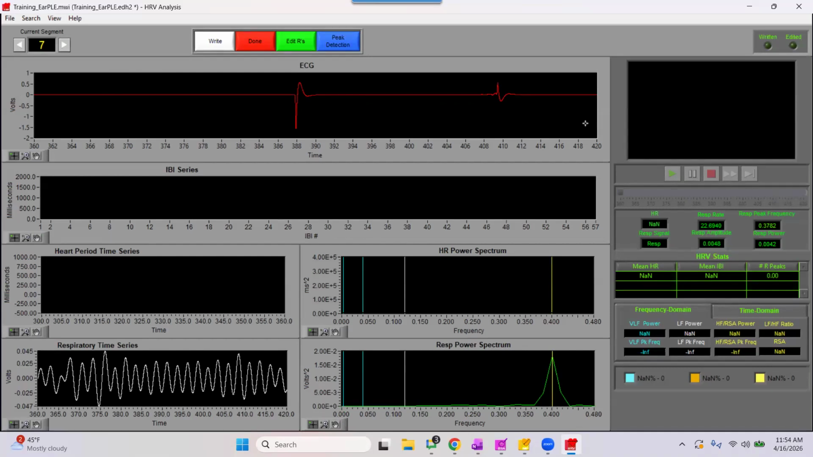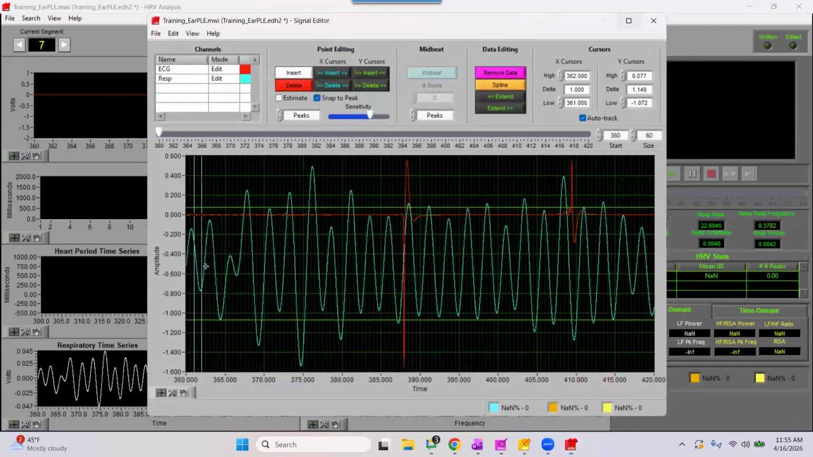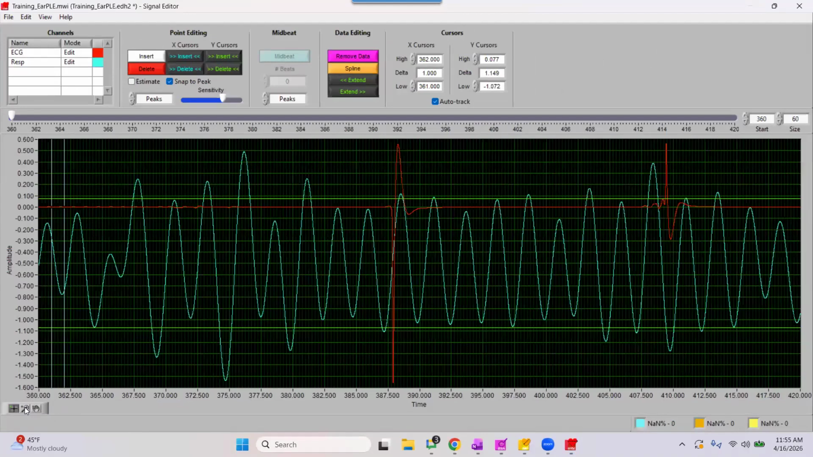Nothing has been flagged for us as far as any beats, but my suspicion here is that this is probably where we're getting some actual data loss, where the ear PPG has lost contact with the ear. So when I go into my edit and I zoom in, I know this doesn't look like a whole lot, given that we are auto scaling to this big section of